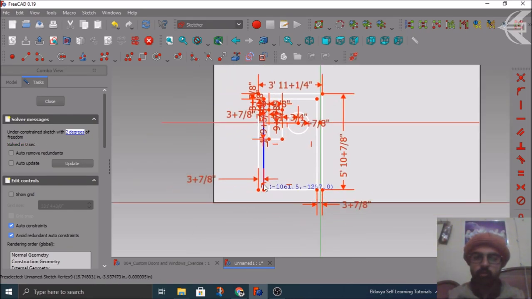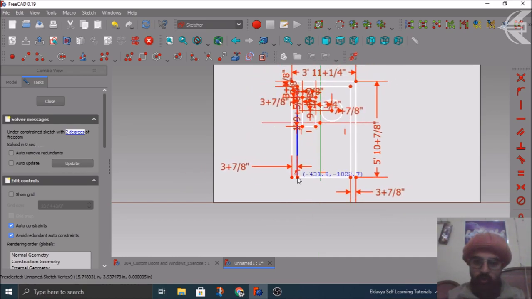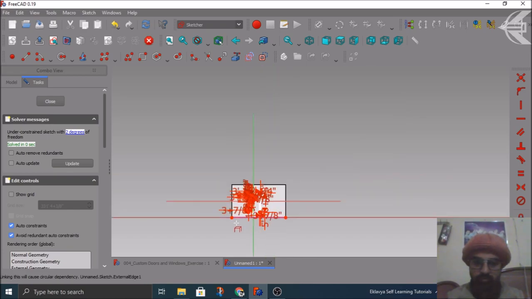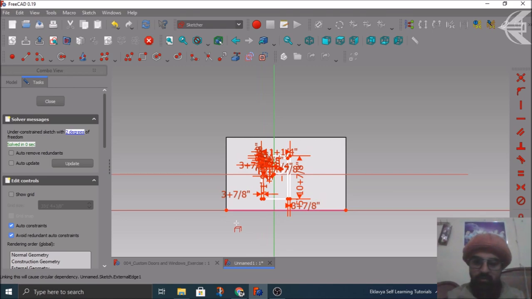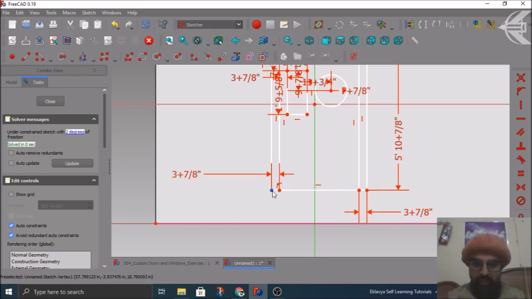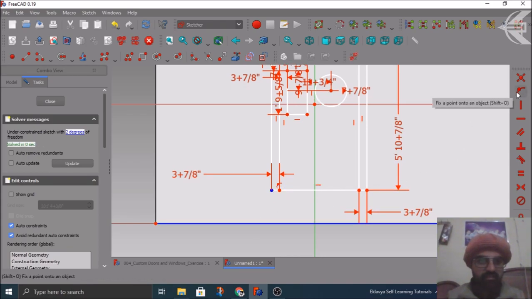So you can simply move this anywhere, or to have a precise location on that particular wall, you can select an external geometry using this particular tool. Suppose I'm selecting this bottom edge. Fine. After I've selected this bottom edge, I can click on any of the bottom points of the object, and I'll set the constraint, which is to fix a point onto an object.